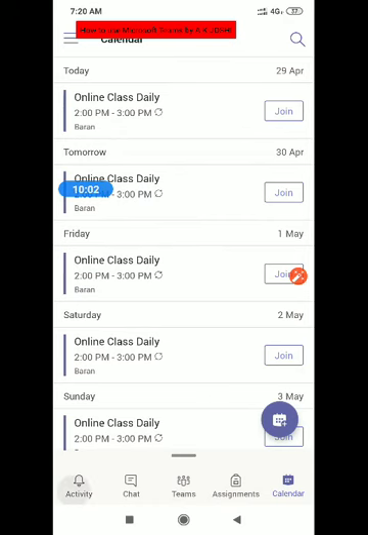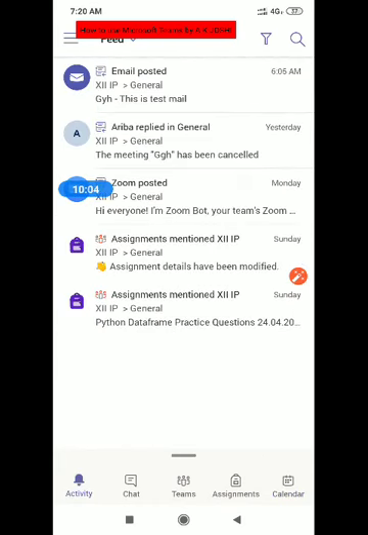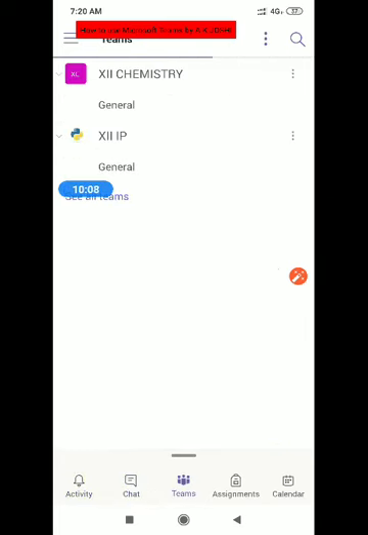In this first activity section, you get all the notifications and the chat at the front. Now suppose I am a teacher, so it is showing two classes here. In the case of a student, suppose there is a student of 12 science. Suppose the physics teacher has added that student, the chemistry teacher has added that student.